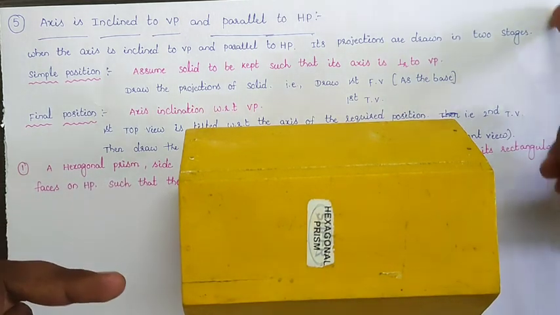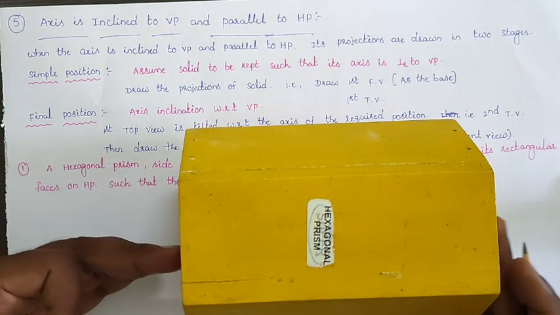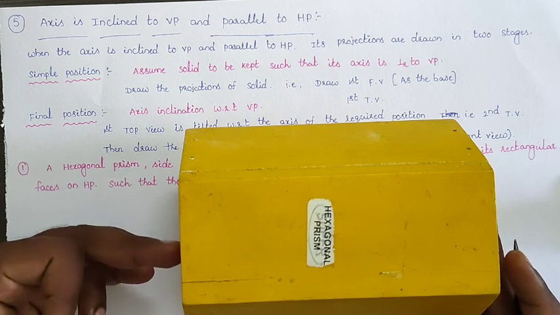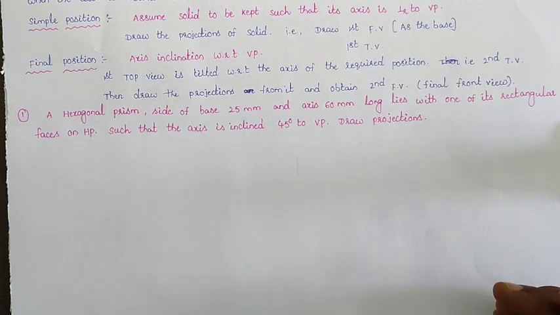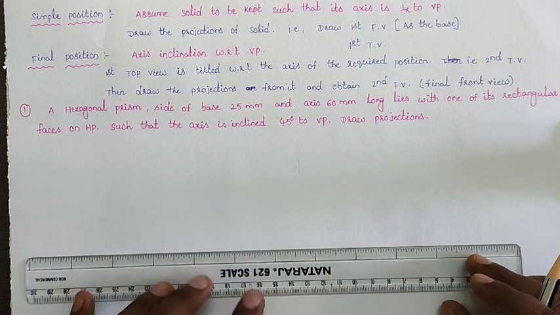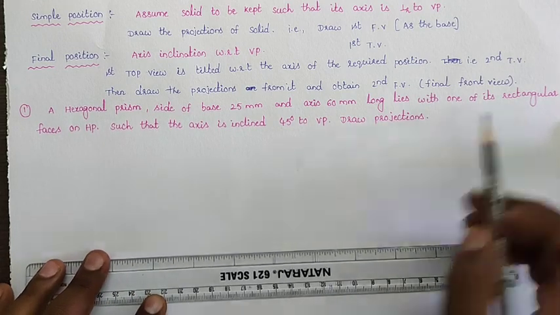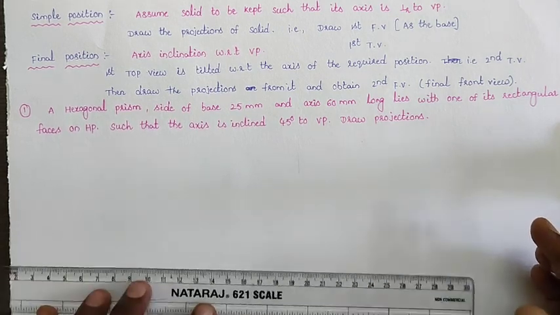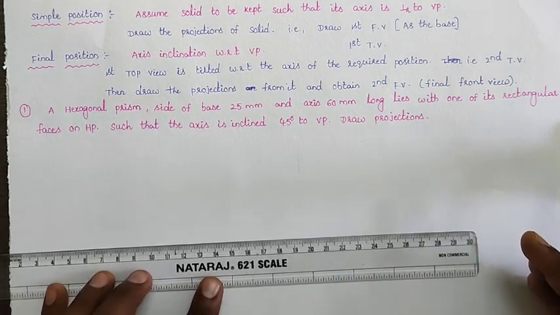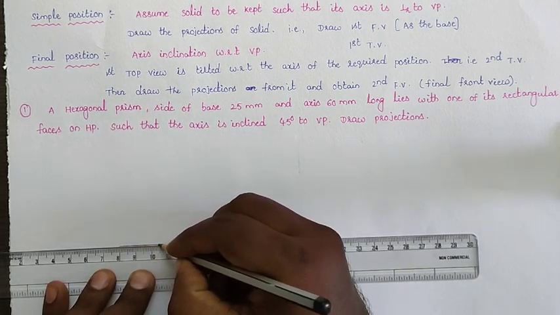So this line is the reference line. On the reference line we will draw the front view of our diagram as a base in this position. So before drawing the reference line, I am drawing the hexagon. When the rectangular face is given, the shape of the hexagon should be like that. So with 25 mm side, I am drawing the front view of our diagram.